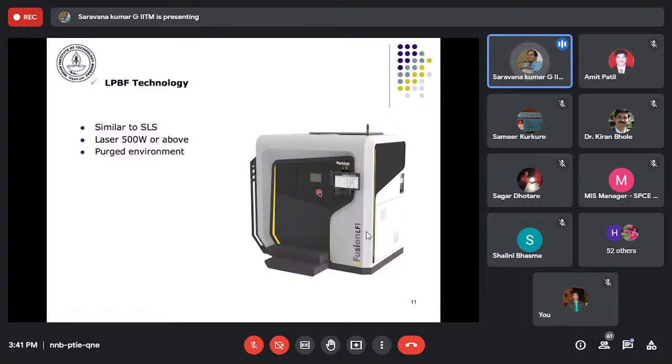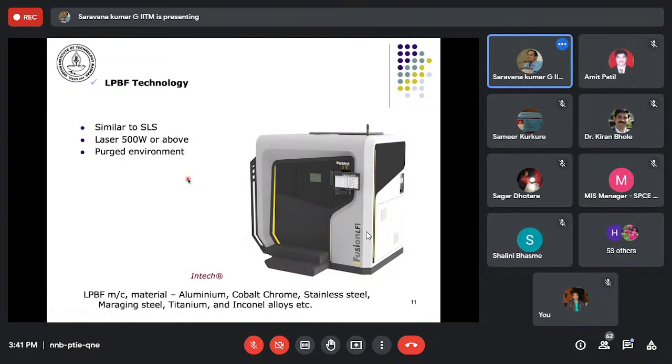Since we are working with metal, to prevent oxidation the environment is purged either with nitrogen or argon, so you need a steady supply of these gases. Depending upon the material, like for titanium, we may not be able to use nitrogen. We may use argon, and these are required to prevent oxidation while the part is being built.